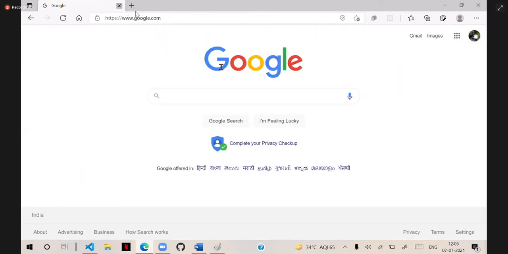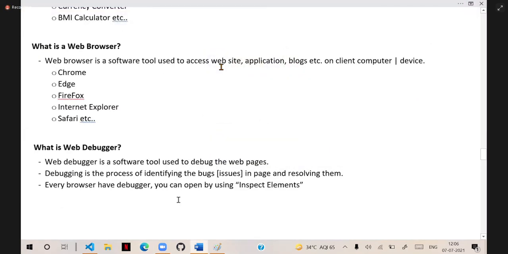Not only that, we have some advanced debuggers also. Means not only every browser's debugger, you can also use debuggers like Firebug, related to Firefox.